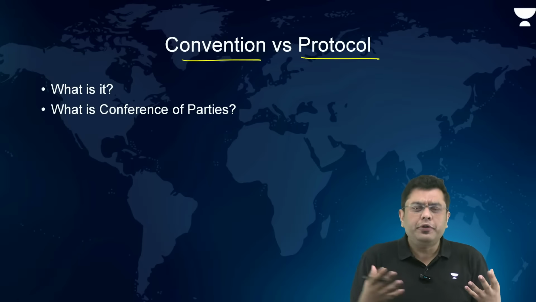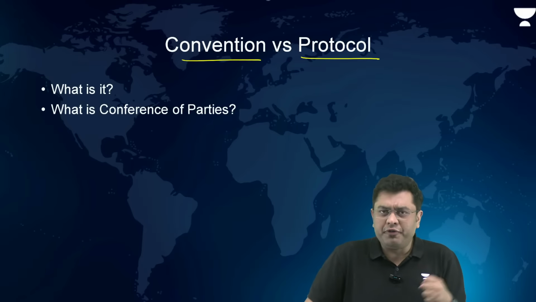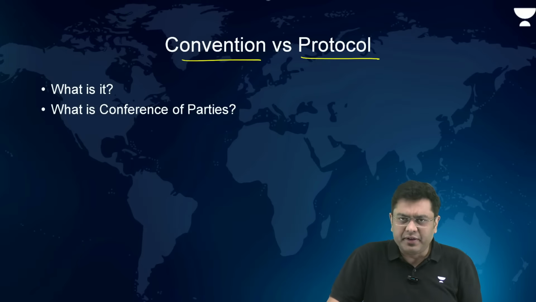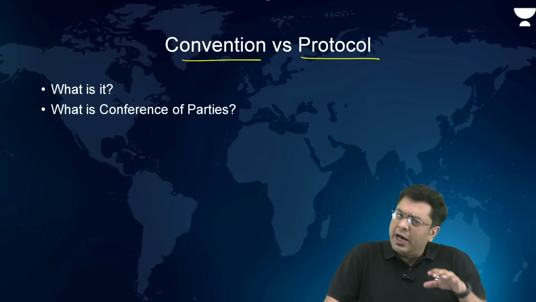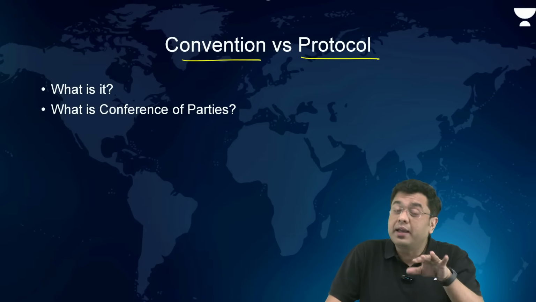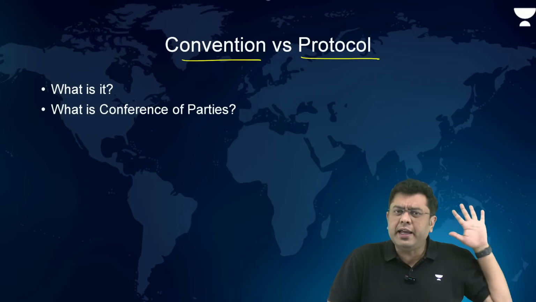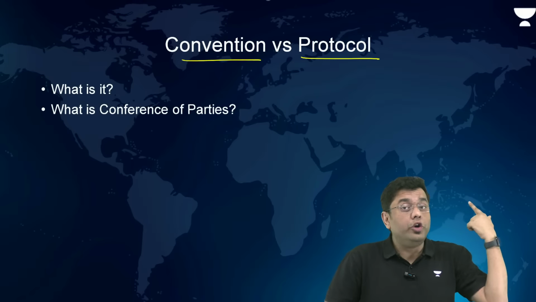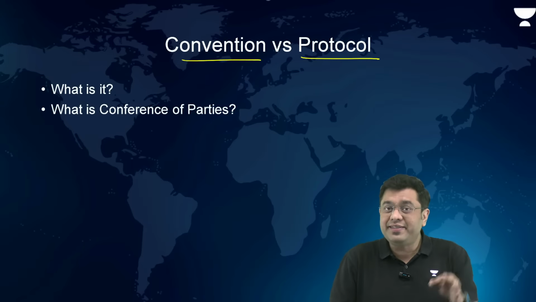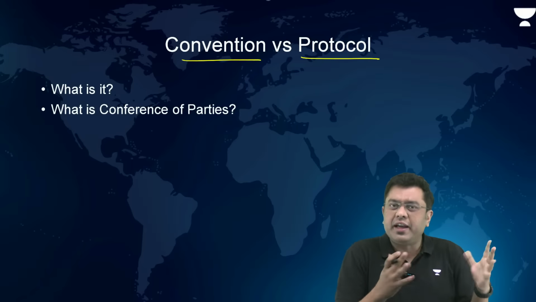Now, let's suppose you meet at one of those eatery joints, let's suppose a Cafe Coffee Day, and together you decide that next year we will clear the civil services examination. Now, you have not decided how to clear it, which optional subjects to take, which GS subjects to complete first, when to go for answer writing. You have not decided any of the details, but you have a goal, you have an agenda to clear the civil services examination by 2026. So that will be your Cafe Coffee Day convention, CCD convention.